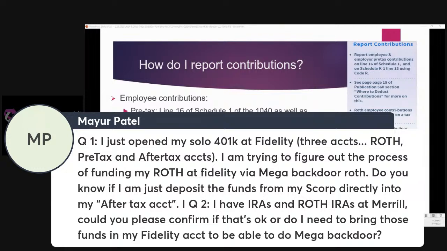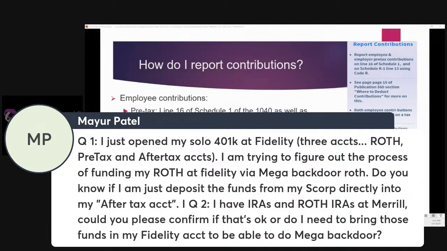Keep in mind, you can transfer pre-tax IRAs, traditional IRAs, to the solo 401k. One cannot transfer a Roth IRA to any type of 401k, including a solo 401k, and that's because of those Roth IRA rules. So you can transfer the pre-tax, you cannot transfer the Roth, you don't have to transfer any. And I think what you're alluding to is the pro rata rules. So some individuals will have experience with making a backdoor Roth